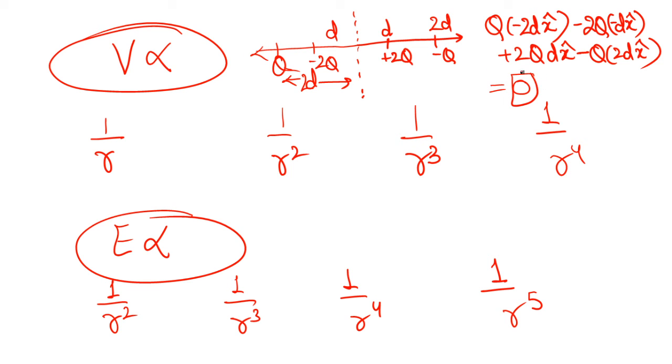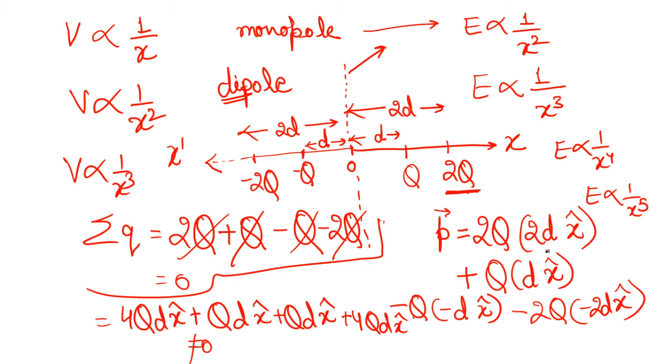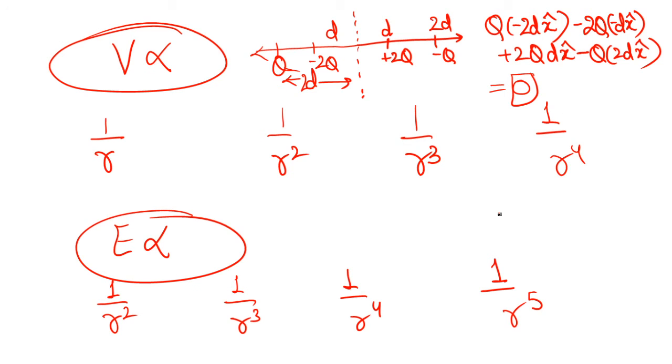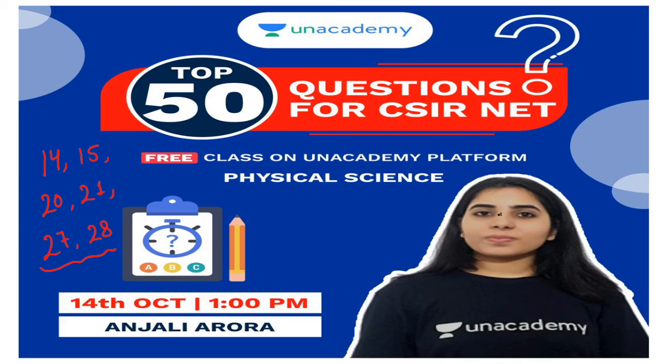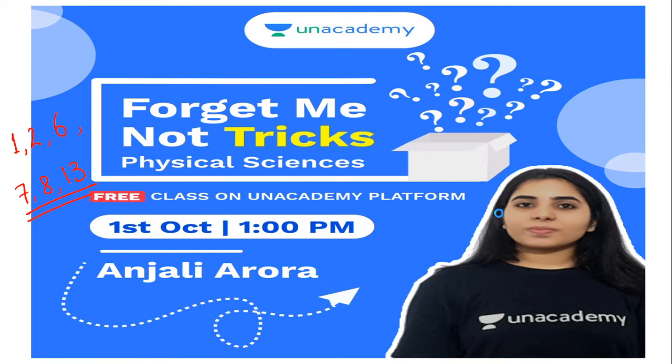So it is not a dipole existing here, but here a dipole was existing because you are getting a non-zero value. So the overall conclusion is, if you are getting a non-zero value, it's a dipole; for the dipole moment, the value should be non-zero, and if it is 0, then you will say it's not a dipole, okay.